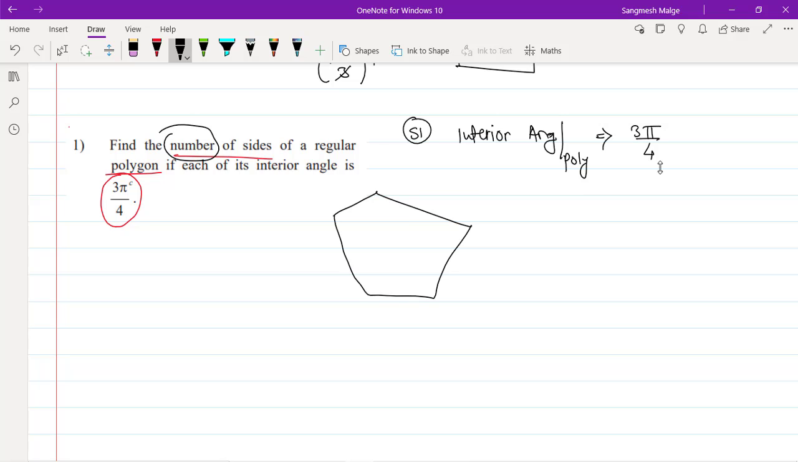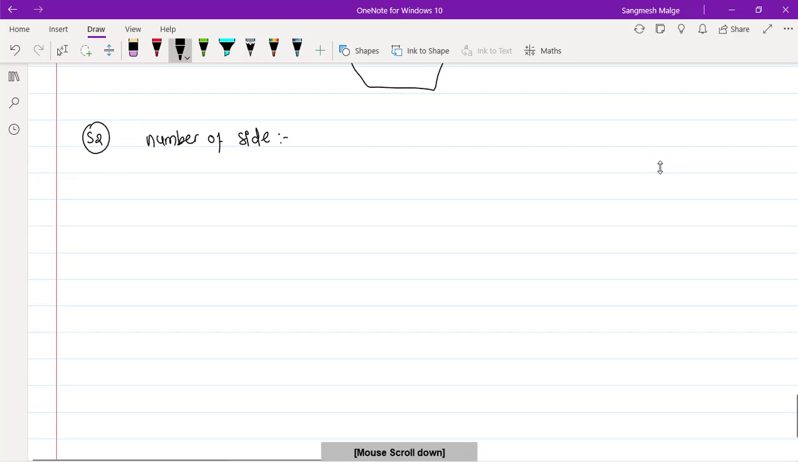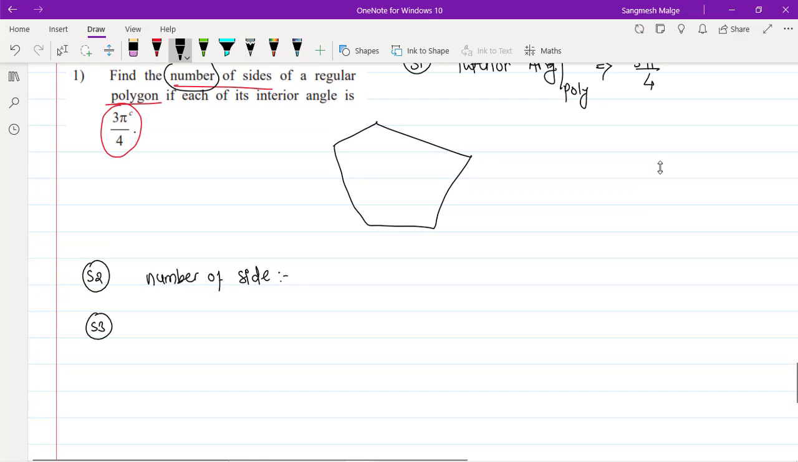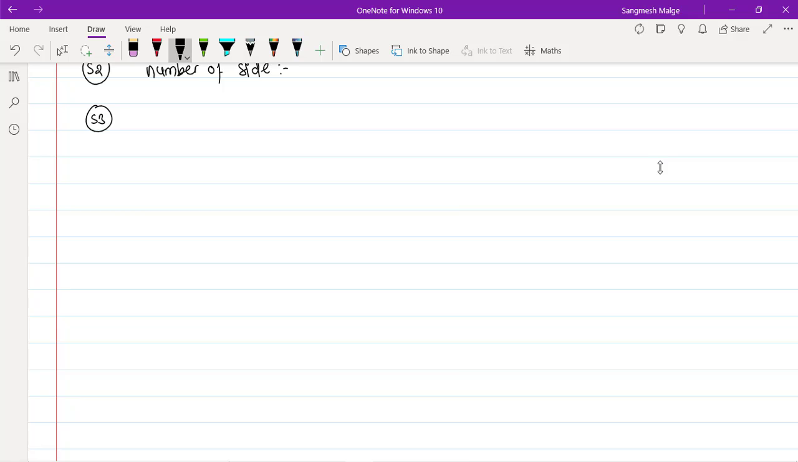What information or what theorem will you use here? Find the number of sides. Yes, what information will you use here? Number of sides. Step number 3 is what? I will use the exterior angle theorem. What does it say? For any polygon,